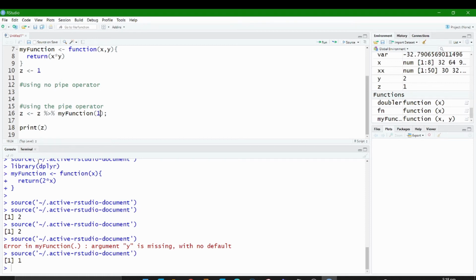The pipe operator will always pass the value of whatever is passed to the pipe operator into the first argument of a function. That ties in with what I'll be discussing later on using the pipe operator with some actual dplyr functions. But just bear in mind, if you want to use a pipe operator, it will only pipe one